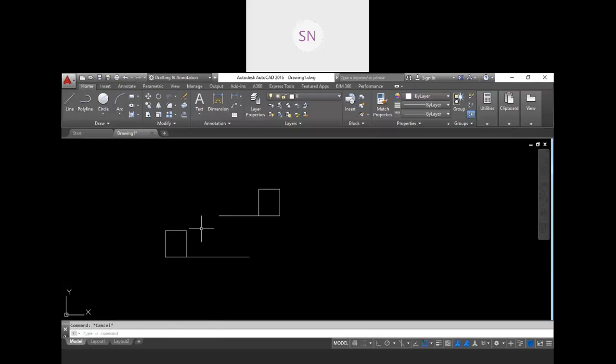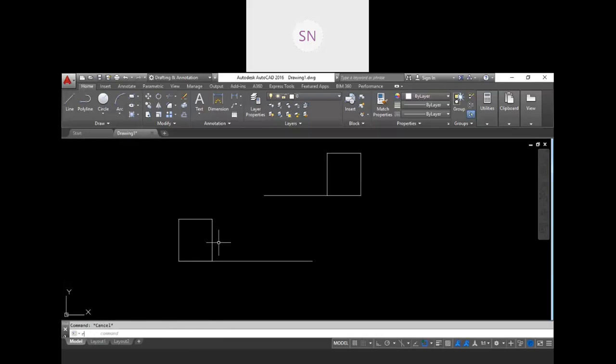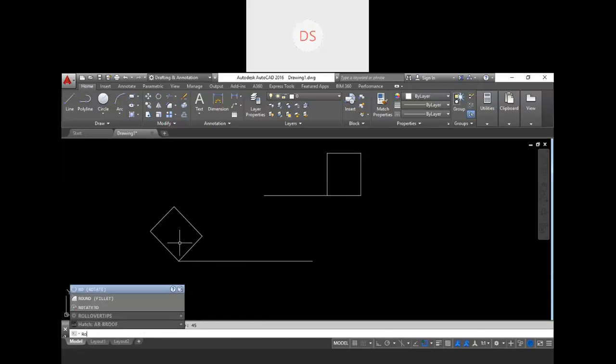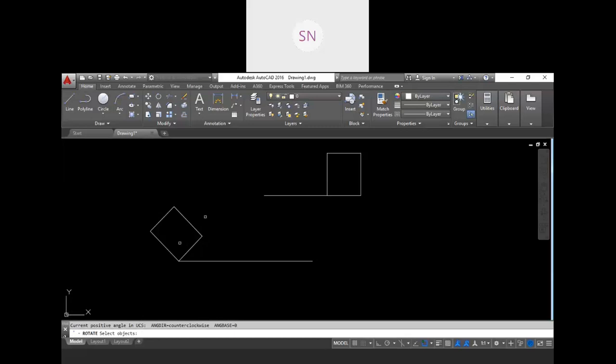So let me discuss the options of rotate. So rotate, select, and base point, and then we have to provide just a value. For example, 45, enter. So our object will rotate 45 degrees, right? Then we have a copy option also. So rotate, select your object, enter, and base point, right?